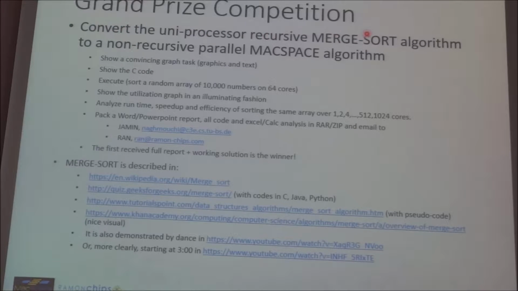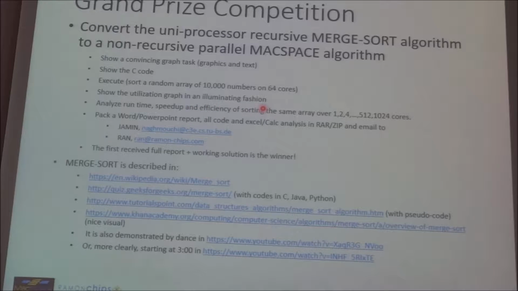Convert the uniprocessor recursive merge sort algorithm to a non-recursive parallel algorithm. Show the convincing graph, task or task graph. Graphics and text show the C code, execute, sort a random array of 10,000 numbers on 64 cores, show utilization